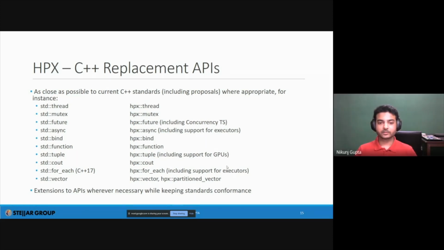So features like cout, bind, and function are not exactly based on parallelism. They're not trying to parallelize anything. The reason we have HPX cout, for example, is that it keeps its own buffer. Buffering with respect to cout might not work when you have a distributed application, so just to cater to those situations, we have re-implementations of those. We are not parallelizing it underneath, and we are not parallelizing bind or function either. They're mostly replacements because we need to make sure that they support the features that we want to support.